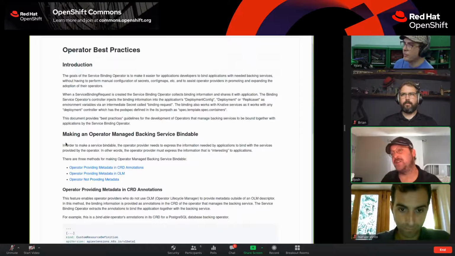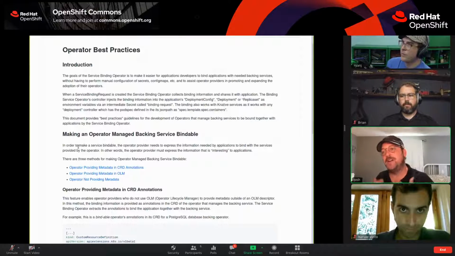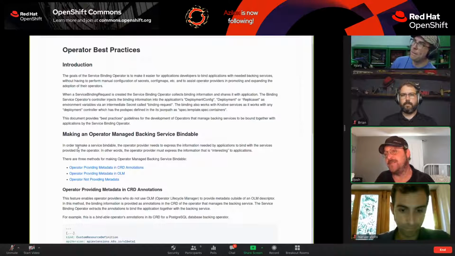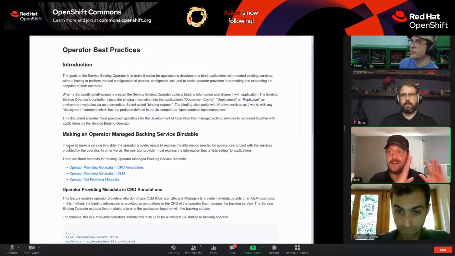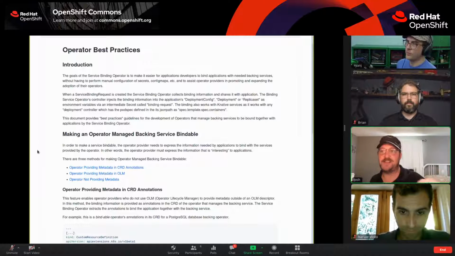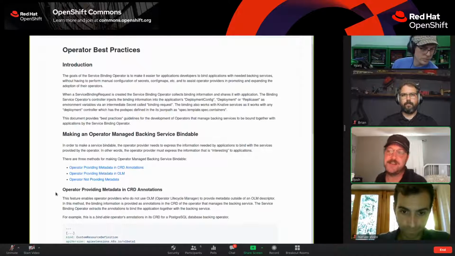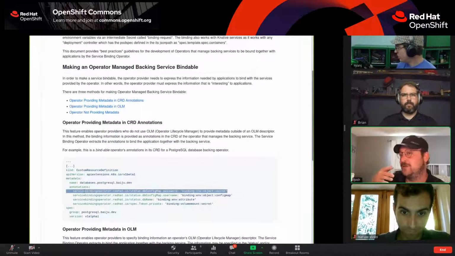Eventually you could. Ryan, you touched on what I think of as two different things. I've worked at a database vendor or in a database community project, and I want to provide an operator that describes itself as a bindable service. And this best practices guide tells you the two mechanisms I described where you can make those annotations. And then there's the side you just mentioned, that's also really interesting and is a whole other can of worms.